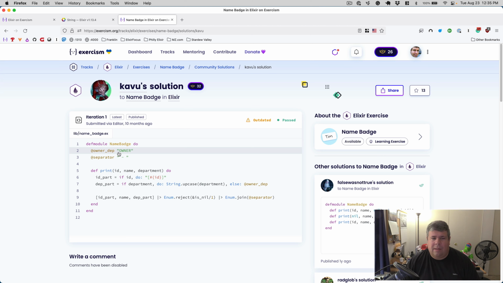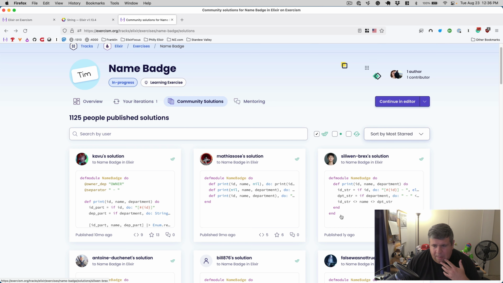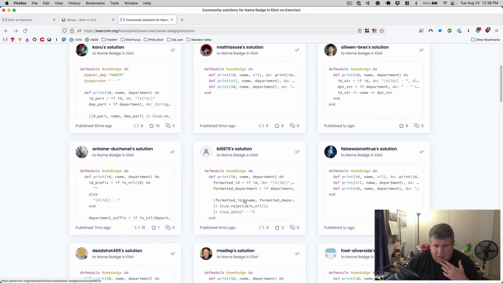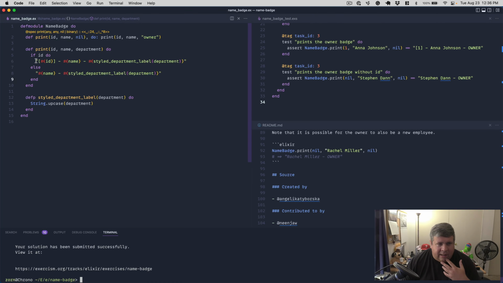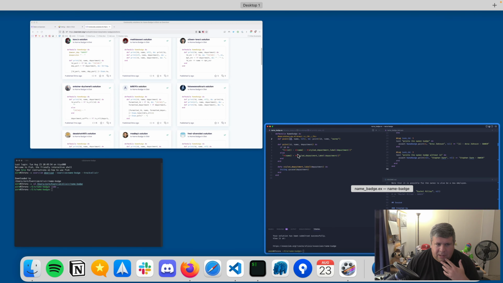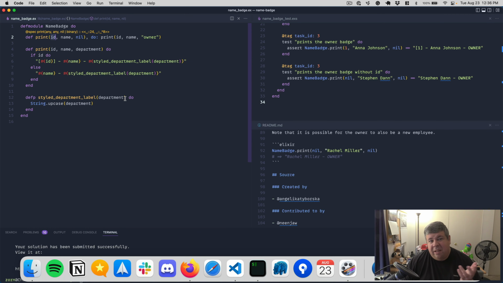Well, you can use strings for this. These are more of a string value, but I don't think you should capitalize it up here because then you're making an assumption that it's going to be capitalized elsewhere. I also don't like the shortening of the D. I'd rather just say department, owner department. Yeah, it's a little awkward. I would do that differently. I'd probably pattern match nil, or when it is nil at the top, and as a separate inline if, but we're learning ifs, so